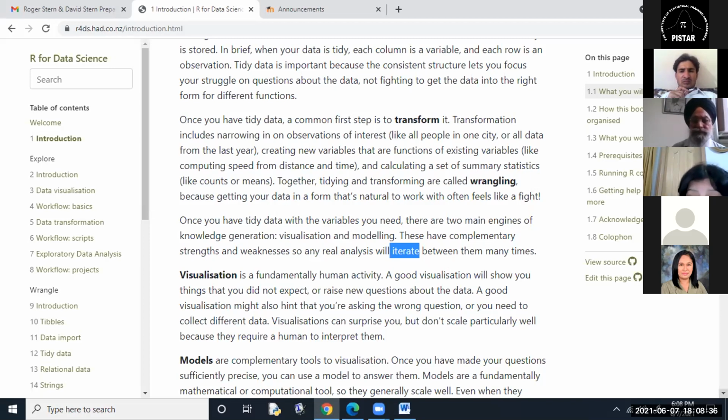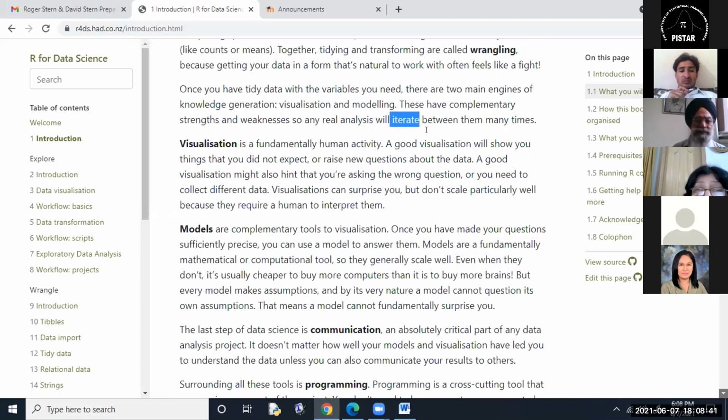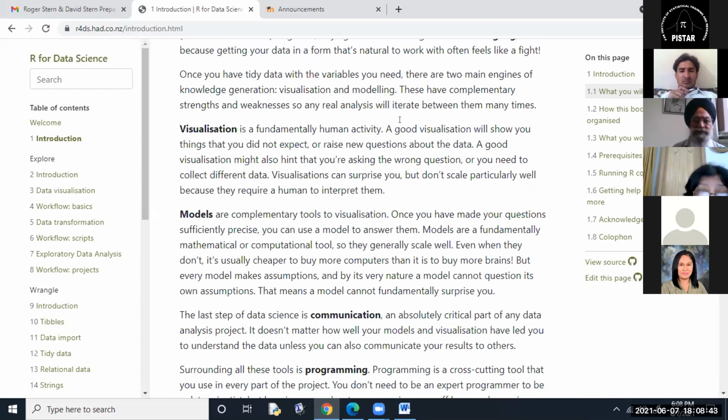Only when we get to do it ourselves will we understand it better, so I'm looking forward to the upcoming session. I suppose they will first demonstrate the visualization, all these graphs that you can make, and then ask us to do it ourselves.